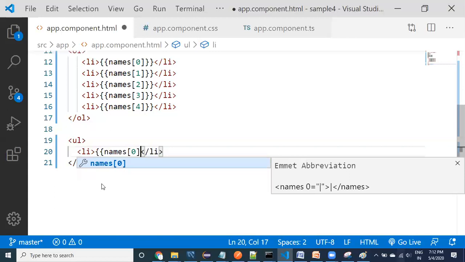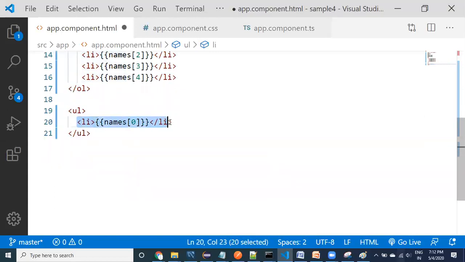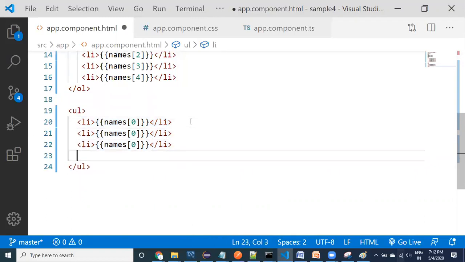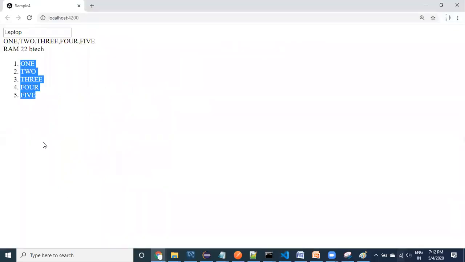I have used string interpolation. String interpolation is also one-way binding. The data is going to come from the component class to HTML. It is going to refresh automatically. See here, guys, this is the unordered list, this is the ordered list.